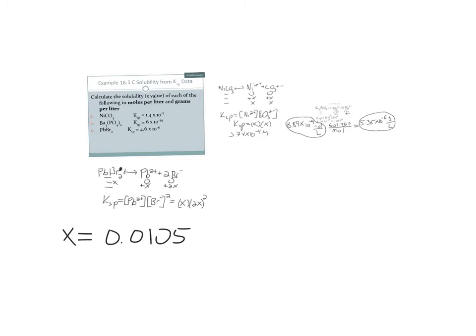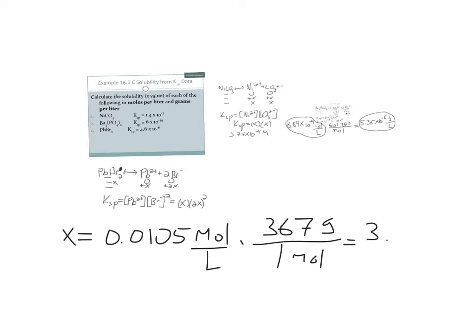0.0105 moles per liter. That's the molarity of the lead bromide. And if we want it in grams per liter, molar mass 367 grams per mole gets us 3.85 grams per liter. So this one's pretty high. This is definitely a more soluble salt. And it's a bromide, so we expect that. 3.85 grams per liter, or